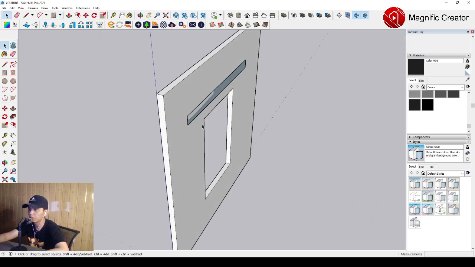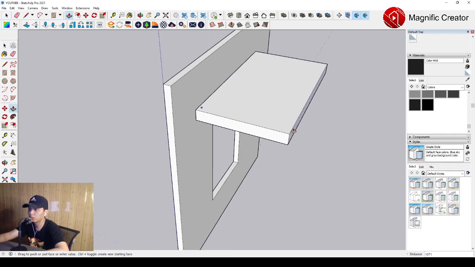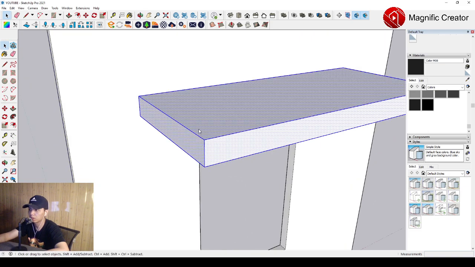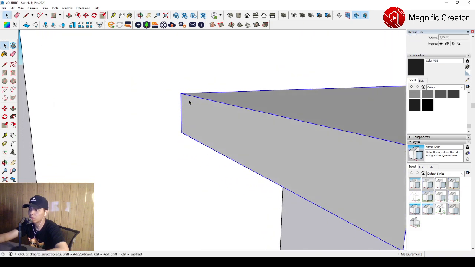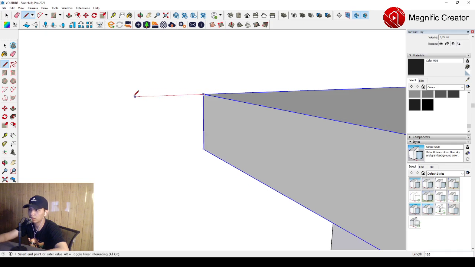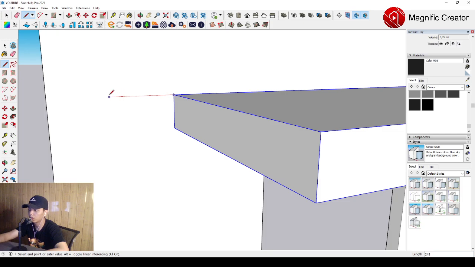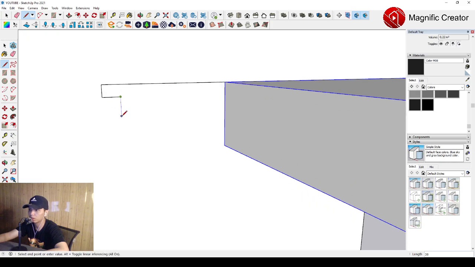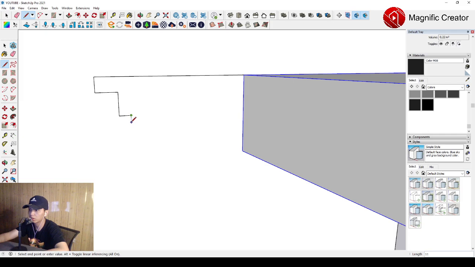Okay, and then we can push it forward. We can push it forward around 800 millimeters, for example. So then we can make it a group, and then we can make the profile of this classic profile. We can use this line. Okay, we can drag it until maybe around 300, and then we can just draw it with a sense of